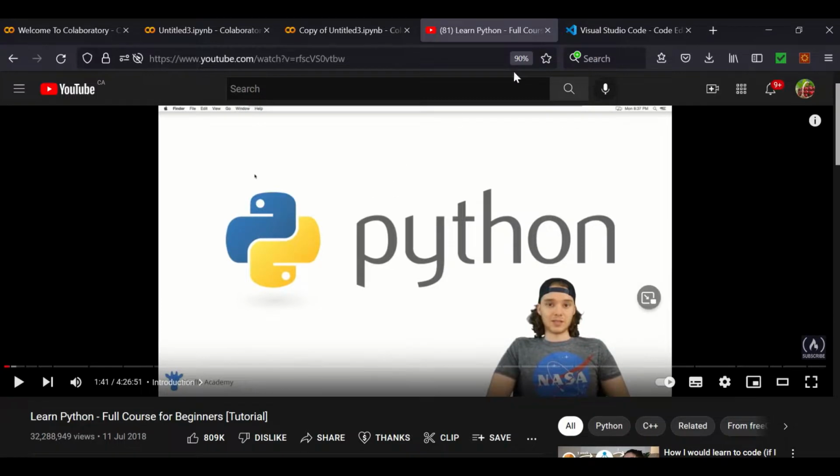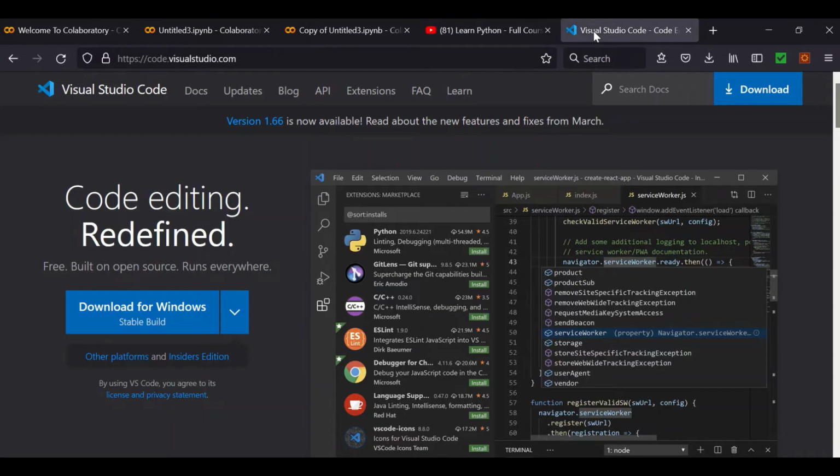Very good tutorial. Later, if you want to try more coding with Python or other languages, I would recommend, if you have a good computer, that you install Visual Studio Code, which is amazing. So you just go to visualstudio.com and you download